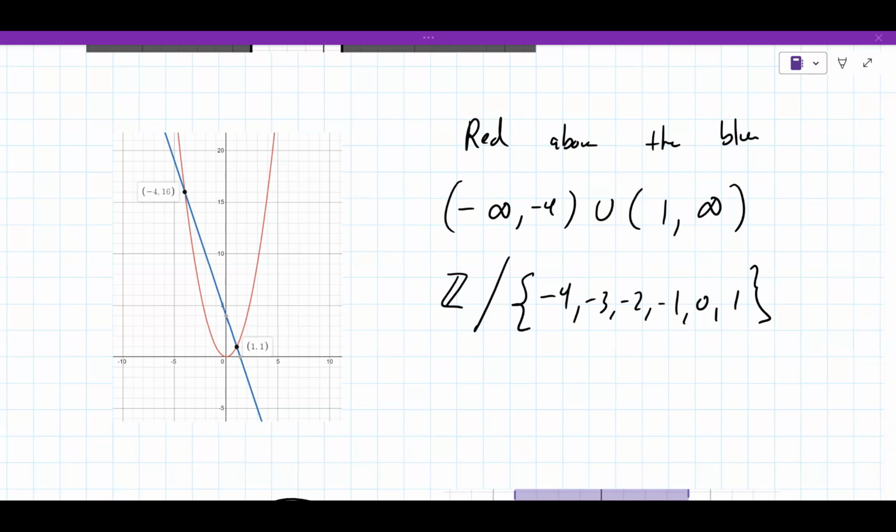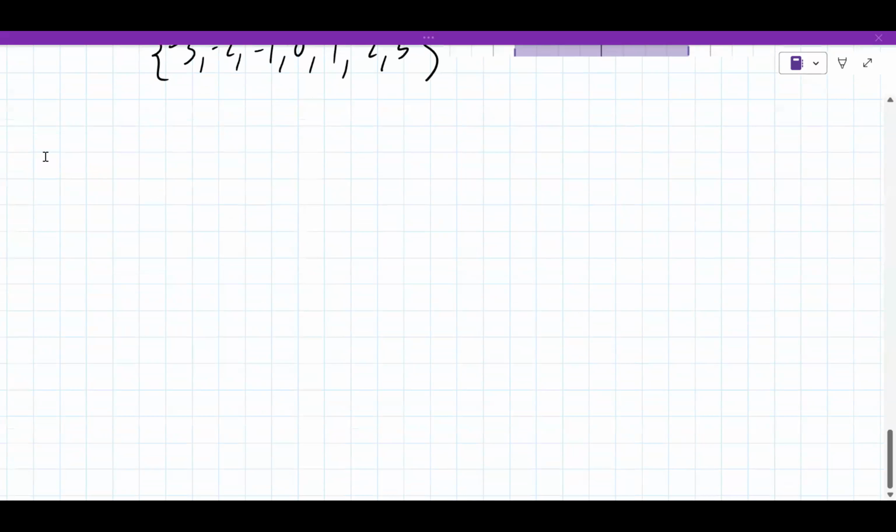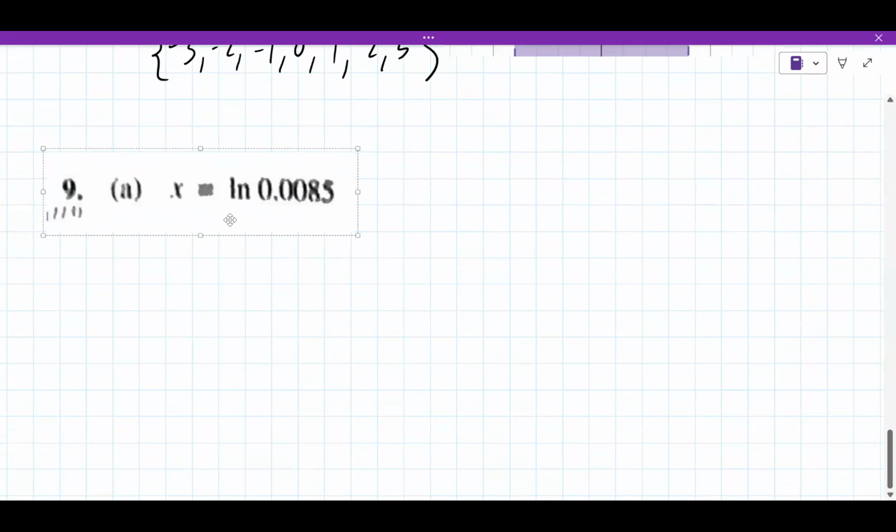All right, so let's look at 9a. It says to find x. I guess you have to calculate. It really should say calculate x. X is already calculated though, and this one, you could go to a calculator. You'd at least try that, and they'll give you